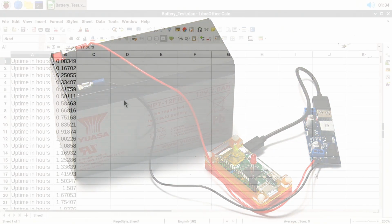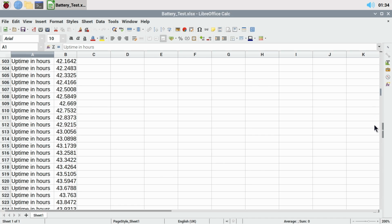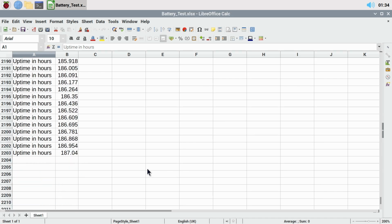And here I am back again with the Raspberry Pi Zero's lead-acid battery test results. And guess what? I was wrong. The test ran for more than a week. It wouldn't complete in a whole week. Some extraordinary results here. I'm scrolling down on the Pi Zero, trying to get to the bottom without losing everything off the screen, almost getting down there. Let's slow down a little bit and show you the final result. Guess what it is? I'm as amazed at these results as hopefully some of you are as well. The final result is here, and it is, look,